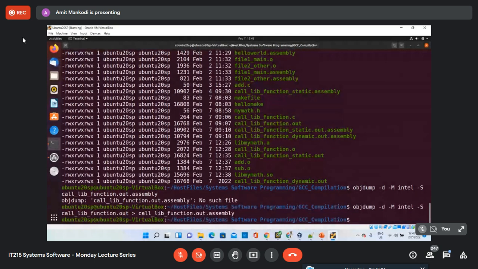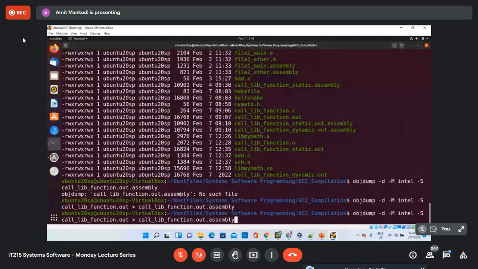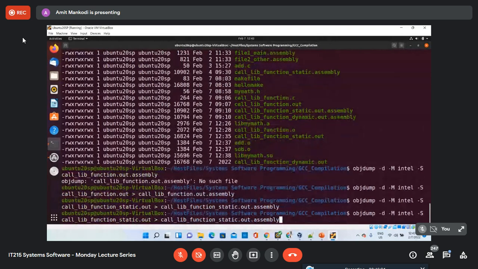Okay, and similarly I'm going to create that same thing for, okay, I should have put static here, and here also I should have put static. And now I do the same thing for dynamic.